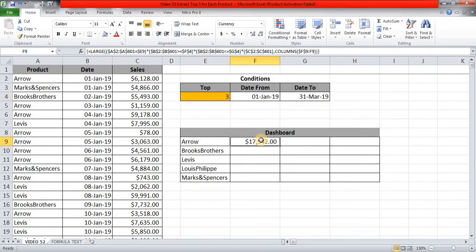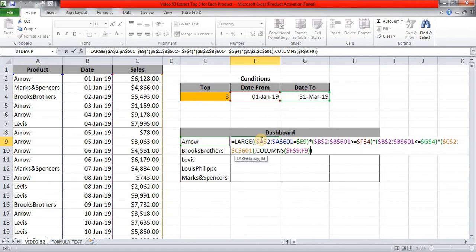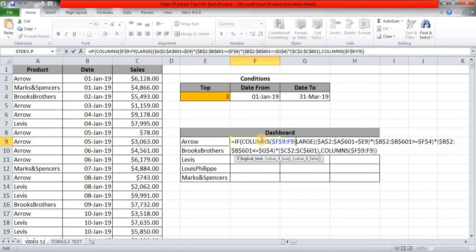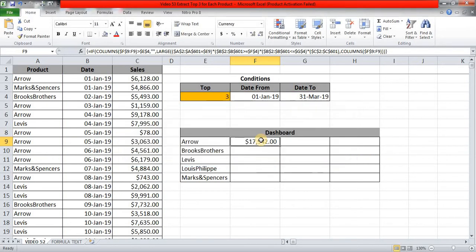So again I am coming to this cell, pressing F2, and will simply add a prefix IF statement to this LARGE and COLUMNS. So I'll say IF, tab, if result of this COLUMNS is greater than, again F2 I am pressing, I am not using mouse at all, is greater than this, and I am fixing this, then give me blank, else give me LARGE, and Control Shift and Enter to tell Excel that it's an array function. So Control Shift Enter. Yes.